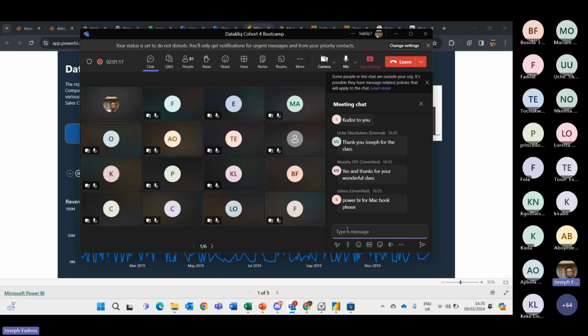Somebody said Power BI for MacBook, please. So there's been a long-standing beef with Microsoft and Apple. I don't know if you've noticed it lately, but the good thing is there are ways around it. I think somebody has even shared this before on the Discord channel, so we can check the Discord channel.